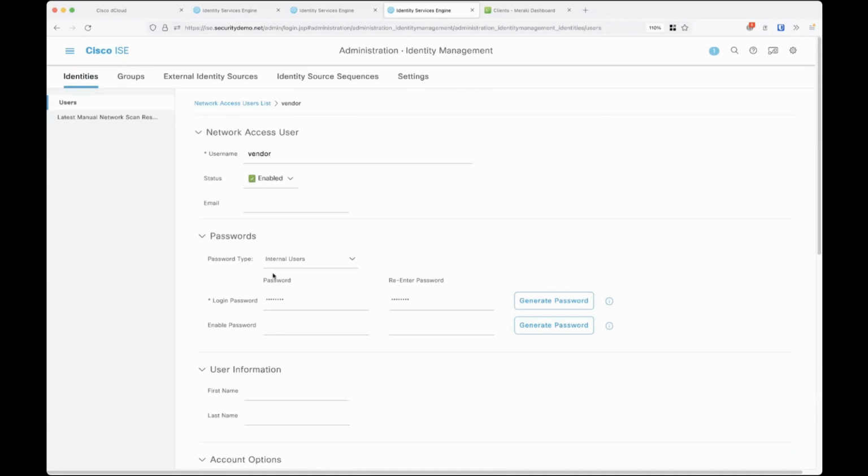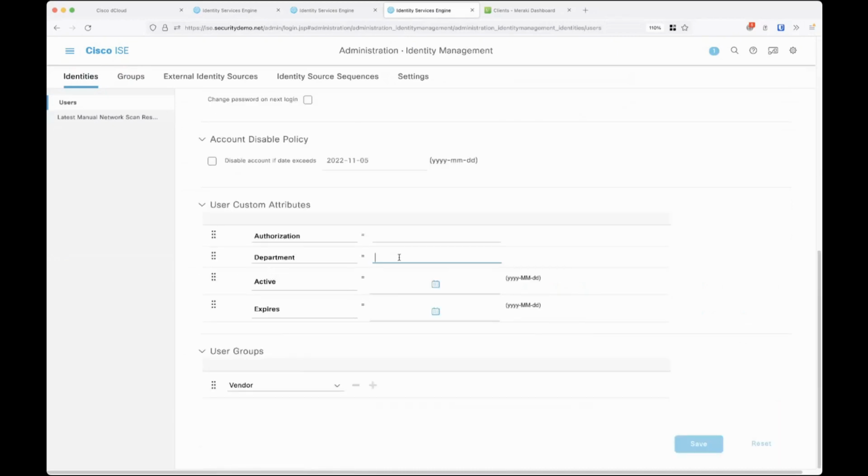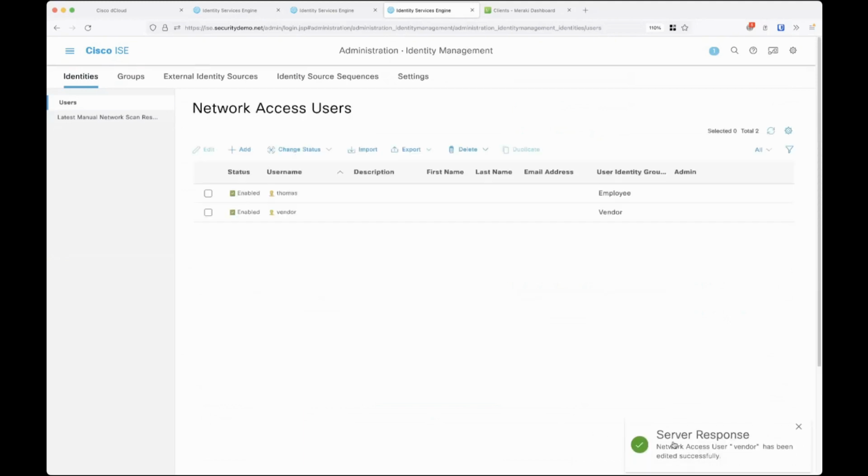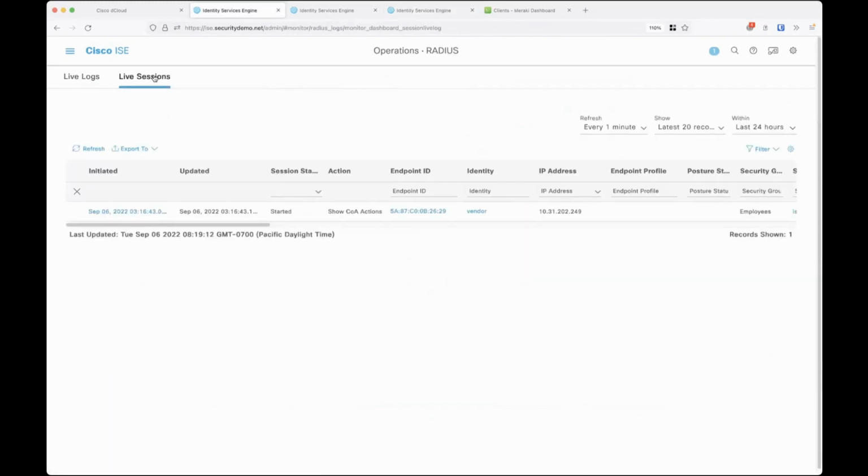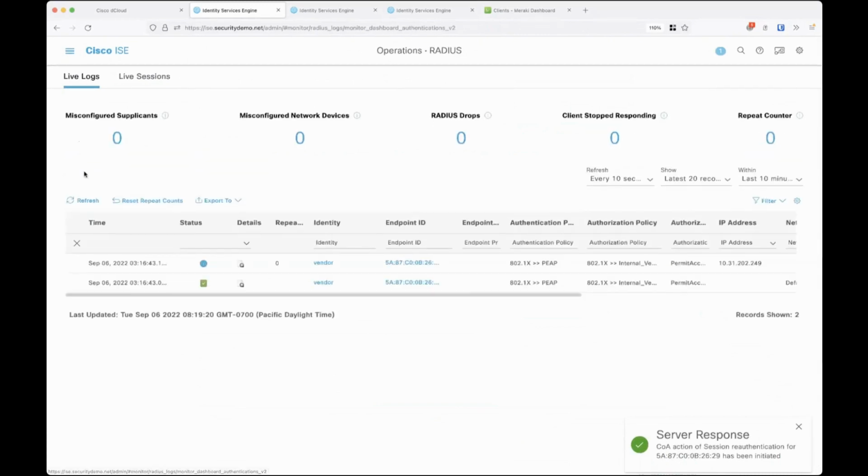All right, so here's my vendor and department. If we change it to auditing and save it, hopefully now, if I go back to my session and re-authenticate this guy here, hopefully this will work nice and easy. And if I refresh,